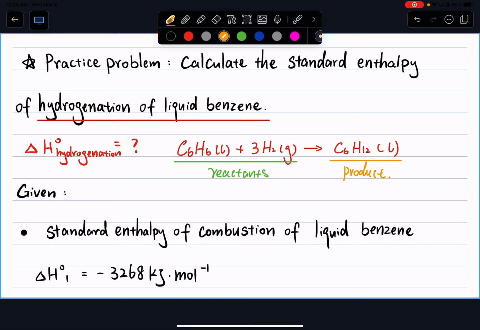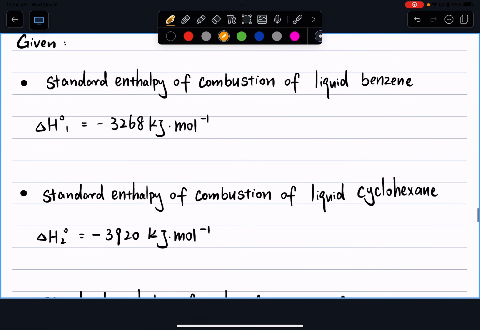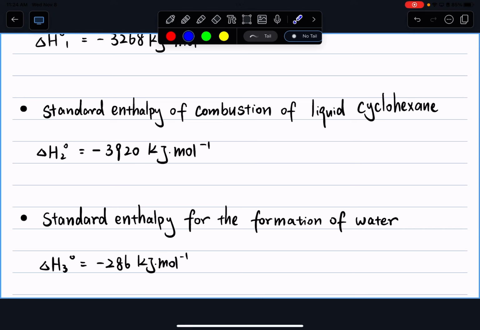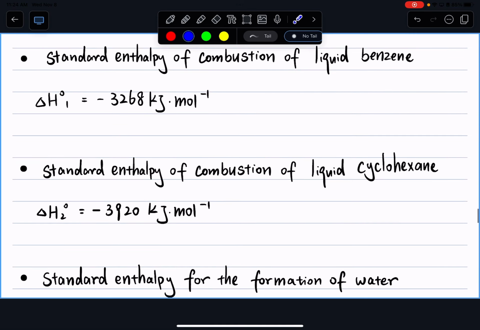And we might not give you, for example, the heat of formation of each of the reactants here. One of the powers of Hess law is that instead of only using the heat of formation, you can also use other forms of the standard enthalpy to derive the overall reaction. So in this case, we're giving you the standard enthalpy of combustion of liquid benzene, liquid cyclohexene, and the standard enthalpy of formation of water. Now, what do these terms mean? When the problem gives you the standard enthalpy of combustion of liquid benzene, just write out the combustion equation. So in this case, we're talking about delta H1, a reaction of